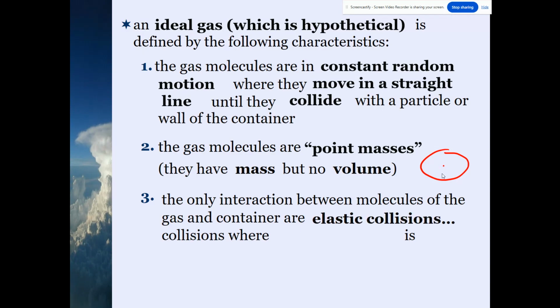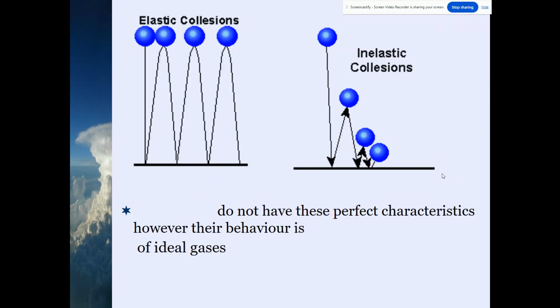And we also assume that the only collisions happening are elastic, which means kinetic energy is conserved. There's a nice image here showing you the difference between elastic and inelastic collisions. So for elastic collisions, think of a ball bouncing: it bounces forever, it never slows down. Inelastic would eventually slow down, and we know in real life things start to lose energy, but hypothetically speaking, with